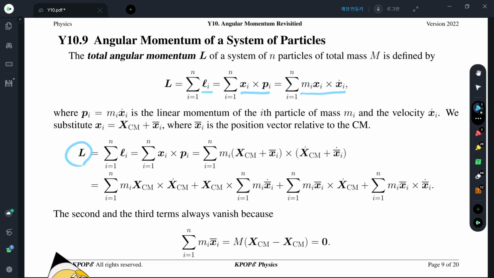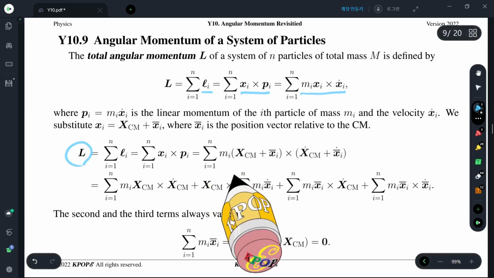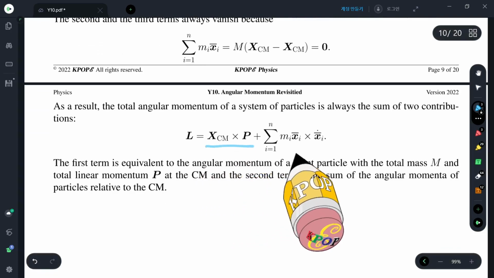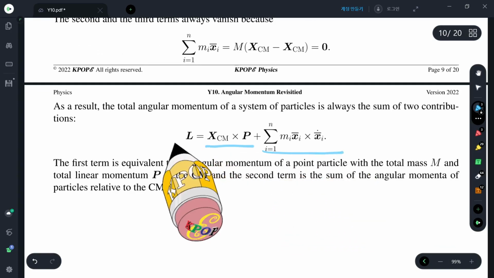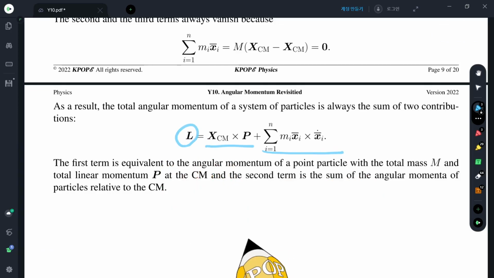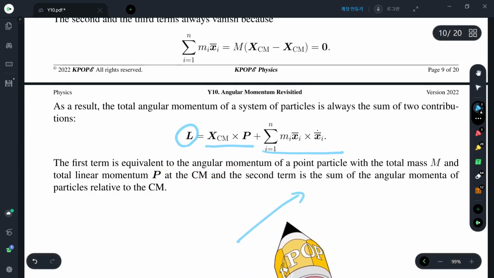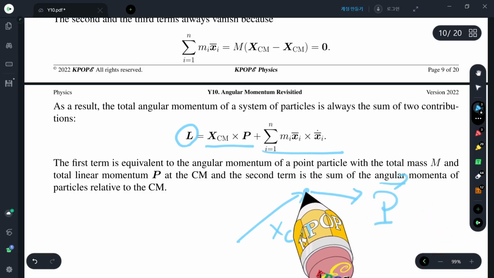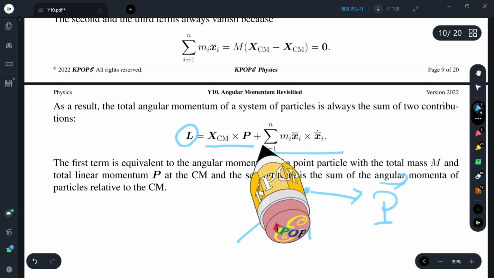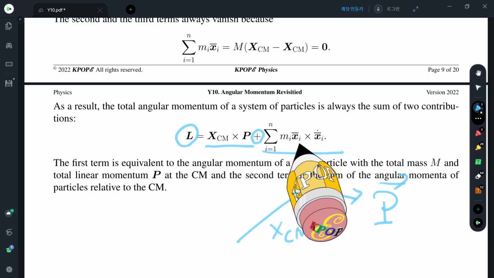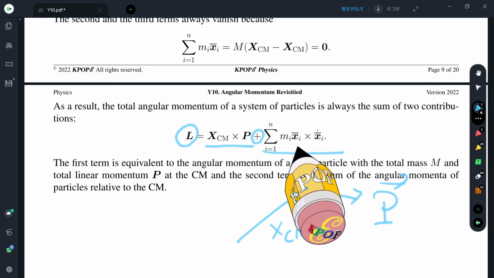Then the computation becomes quite simple. The final result says that total angular momentum of a system of particles is x_cm, center of mass, cross the total linear momentum of the total system, plus